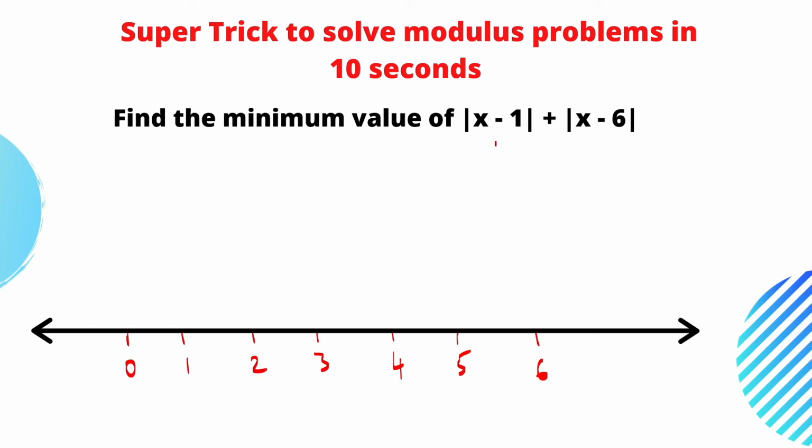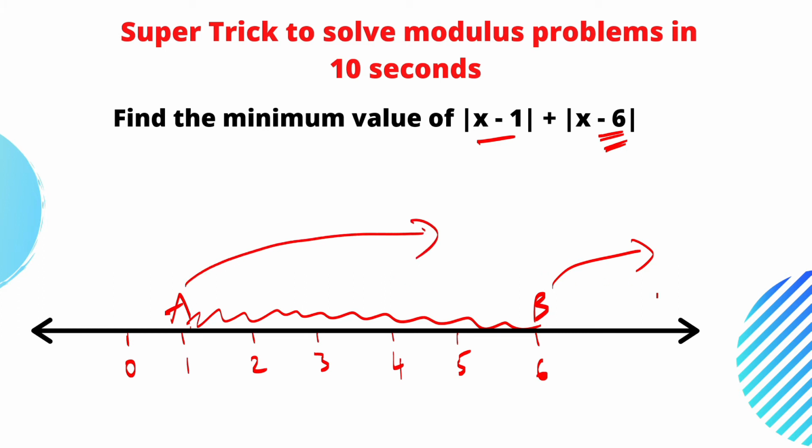So x minus 1, so x is equal to 1. Now a is here. Now where is his friend? His friend is at 6. So b is here. Now whatever the case, a can go to b or b can just go to a, right? Or they can also meet in between this range. They can meet at this point. Or you can also say that b can move in this direction and a can also move in this direction and they can meet somewhere here.